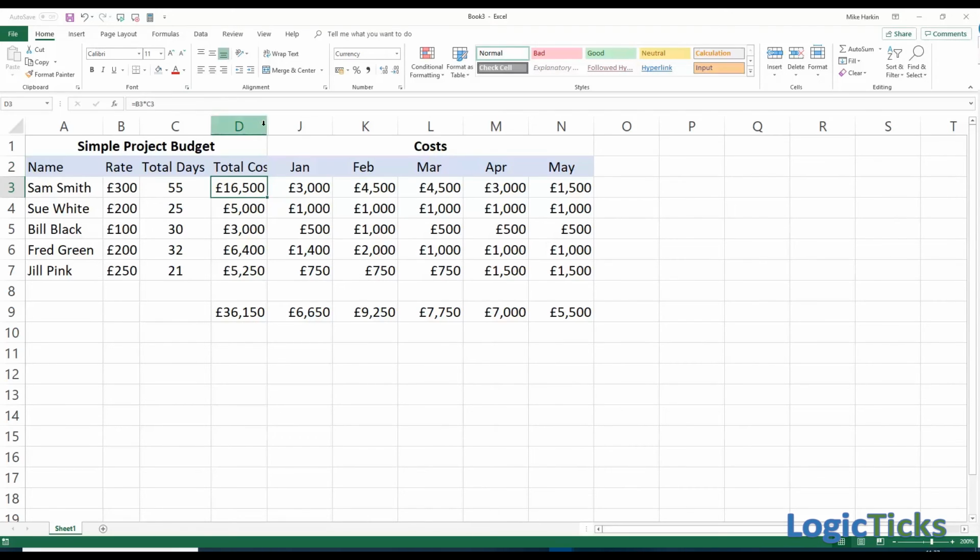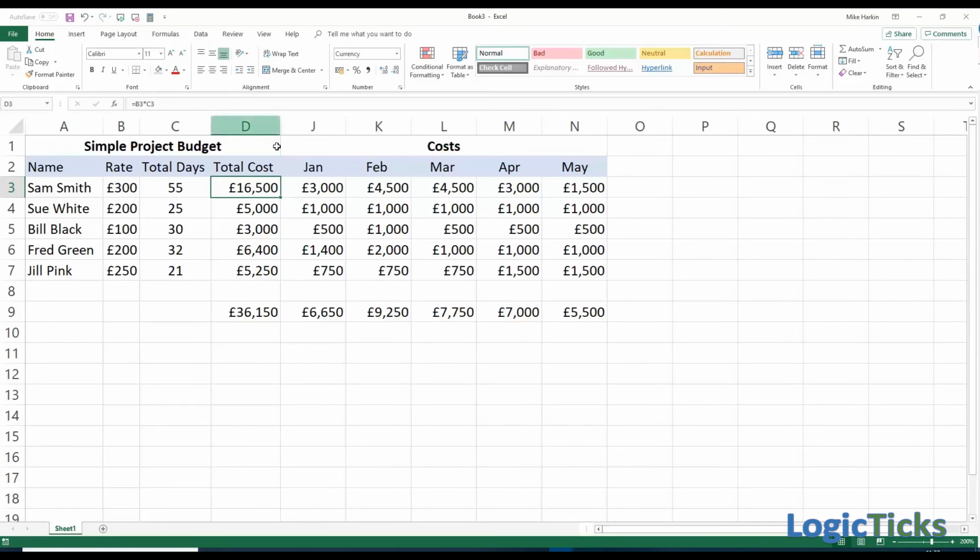And we perhaps want to adjust the column to make it total cost. The total cost for our project is 36,150, and we've got a profile of how that spend will take place across the resource we've got. So that is a simple project budget built very quickly, introducing you to simple bits in Excel and some early